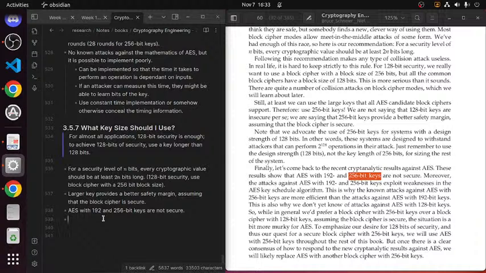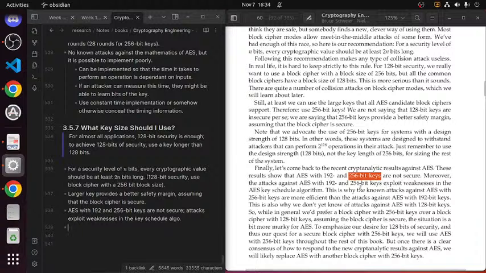Moreover, the attacks exploit weaknesses in the key schedule algorithm.